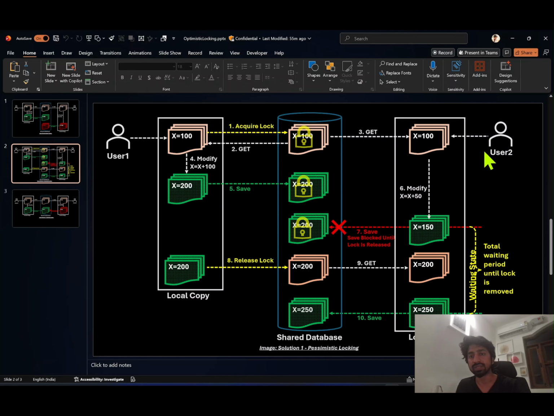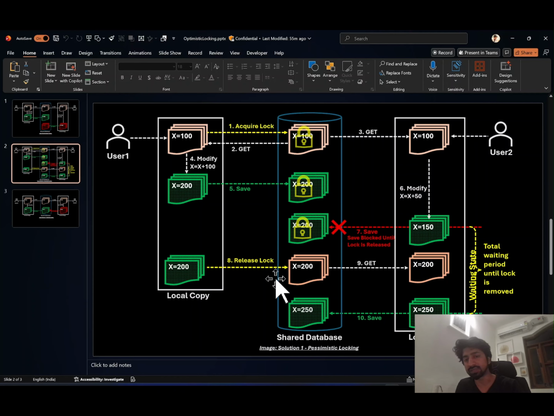and then user 1 is saving that 200 to the database. So what happens next is, user 2 also tries to update the same record in the database, and since there was a write lock applied on that particular record, user 2 was not able to update that particular record because the lock is applied there. Next, user 1 releases the write lock, and until the write lock was released, user 2 will wait, and once the write lock is released, user 2 will again read the same value from the database, the updated one, and add 50 to it, update it accordingly,